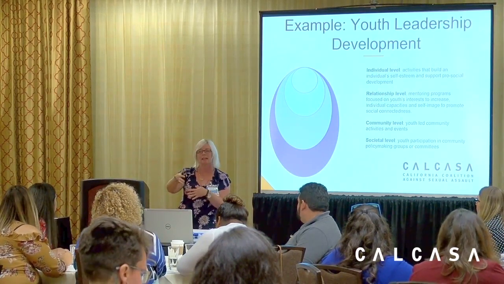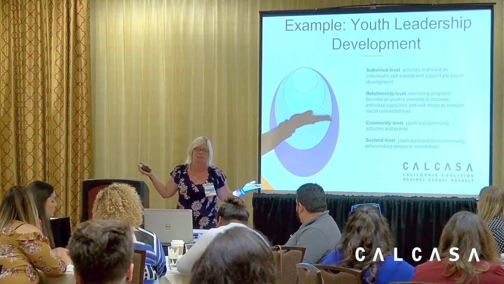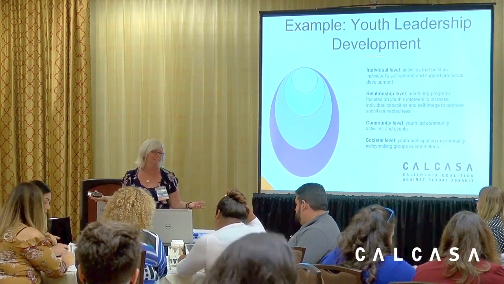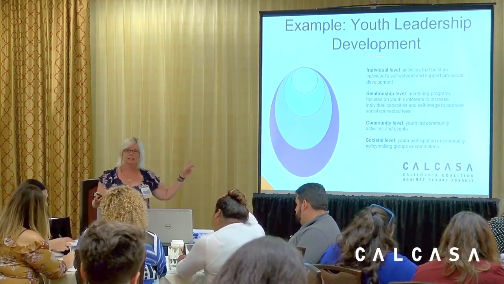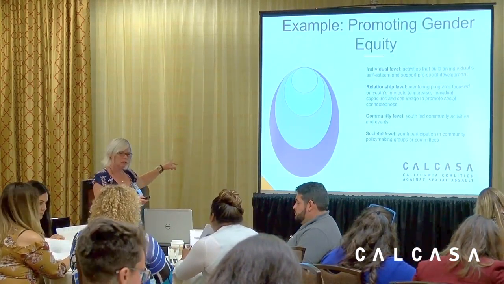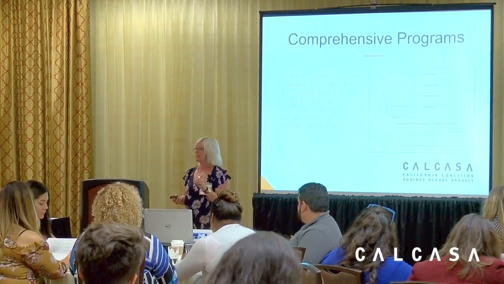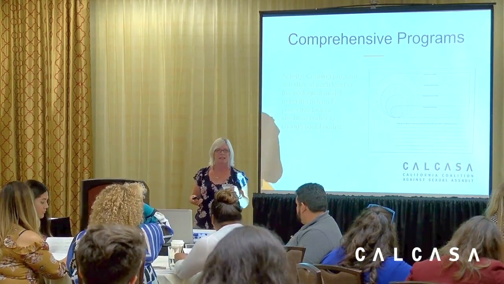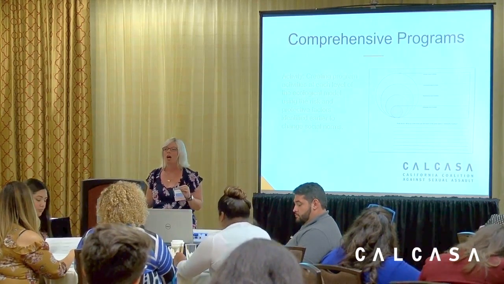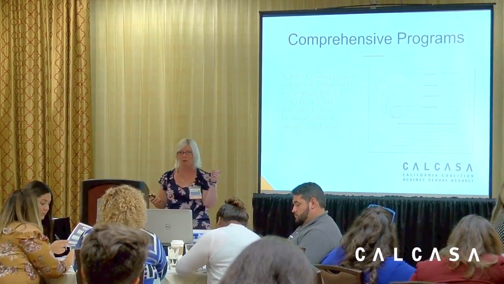So I want you to practice that and think about an imaginary program, or think about your program if it happens to be one of the ones on the last activity. You have a worksheet, or your neighbor does, that looks like the social ecological model. Is it on here? Yes, there it is, comprehensive program. I want you to take one of those sets of risk and protective factors that you worked on in the last activity, and create a comprehensive prevention program in your head or with your neighbor.